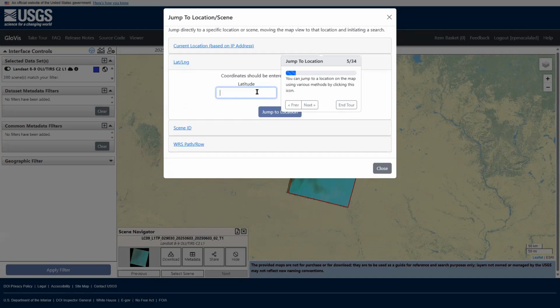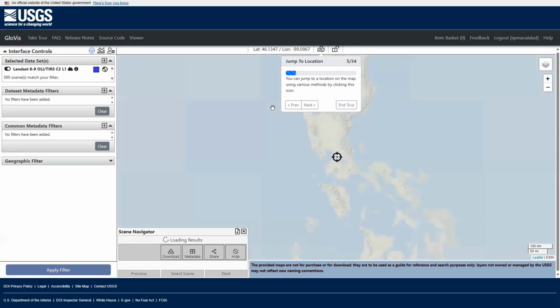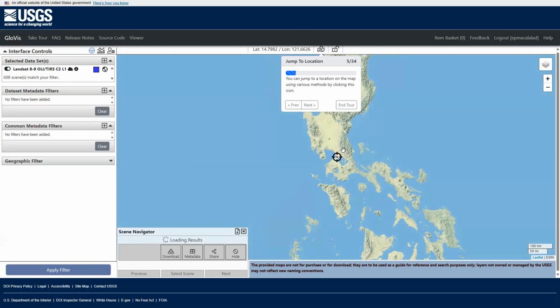So let's go to Manila area. That's 14.5 degrees latitude and 121 degrees longitude. Then jump to location. So this is the Manila area.